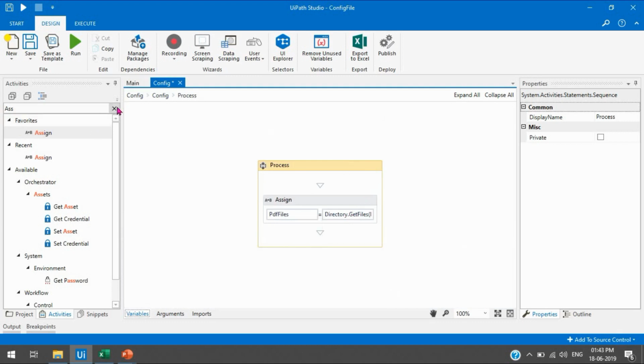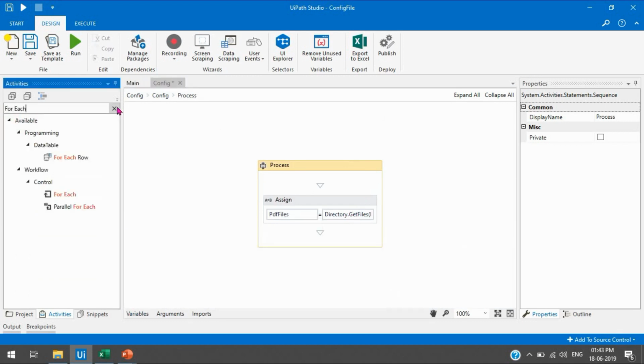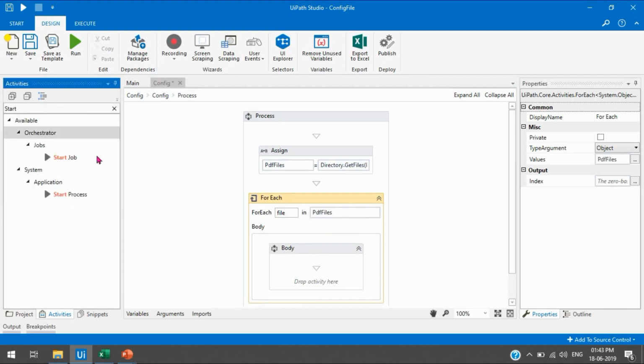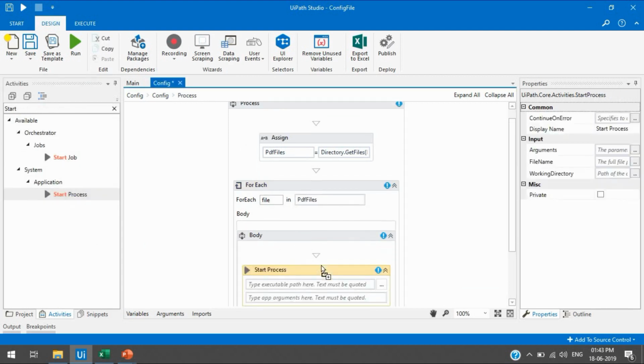Now we'll take one for each activity to loop through each file. So we'll change it to for each file in PDF files. Now we have the data in PDF files, and we'll loop through each file, and then take one start process to open the PDF files, and here we'll just pass the file.